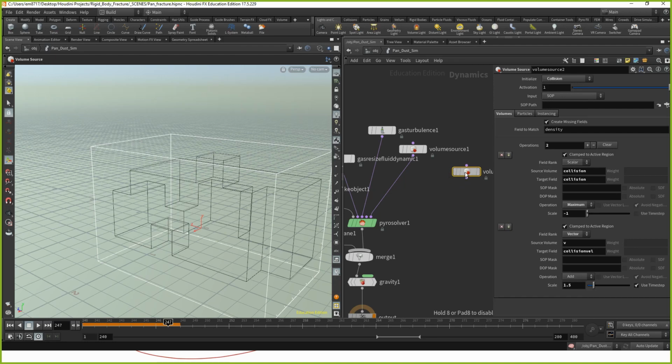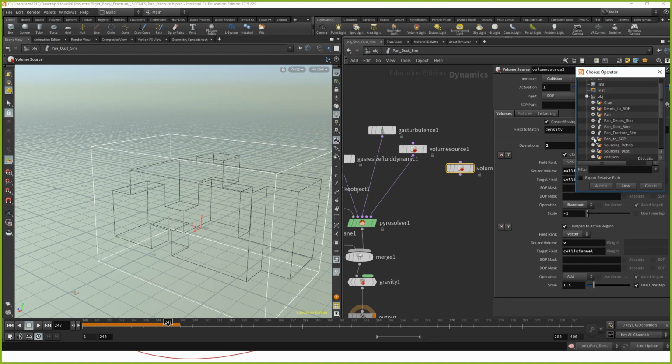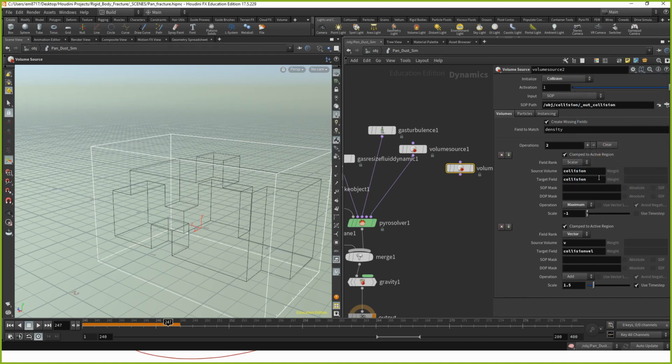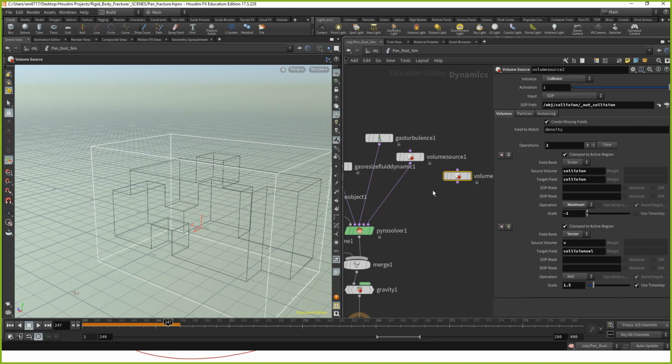And I'm gonna point at that collision set that we created, collision here, and that's gonna, yeah, that's collision. And you see that here it says I'm gonna look at collision and I interpret it as collision, but over there